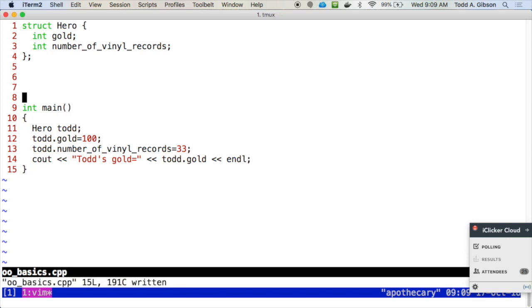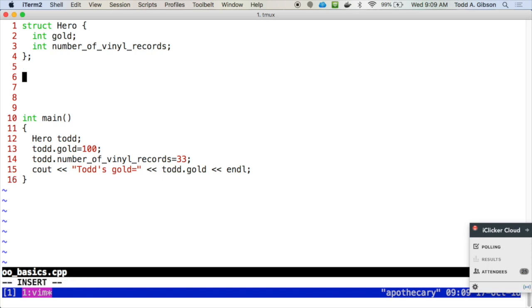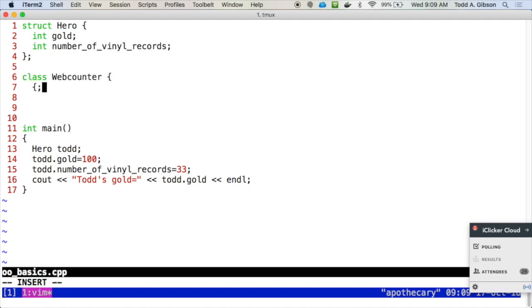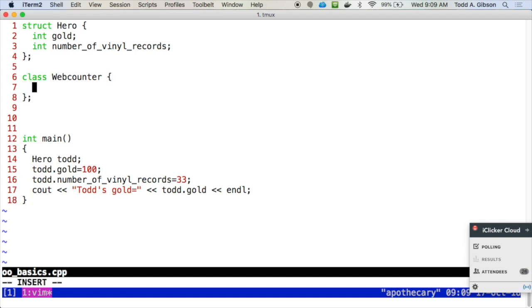We're now looking at the Webcounter, and it has a very similar syntax in describing it. I've got the open curly brace, I have the closed curly brace, and a semicolon. And then we list all the data in the Webcounter. Now our Webcounter only had one piece of data,